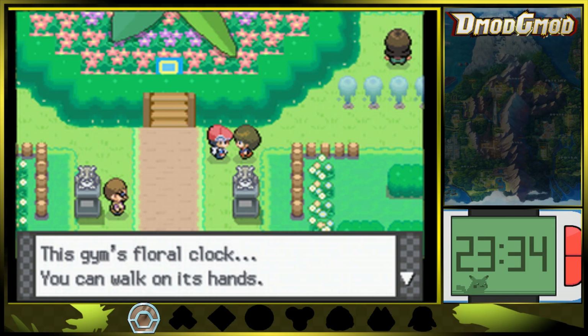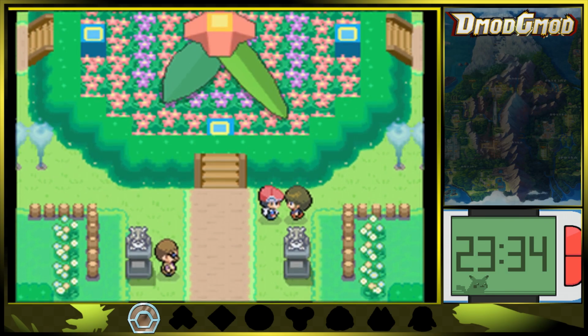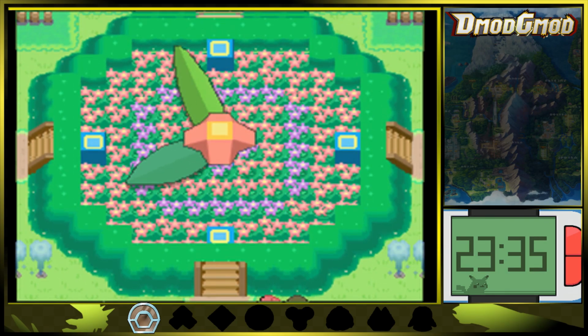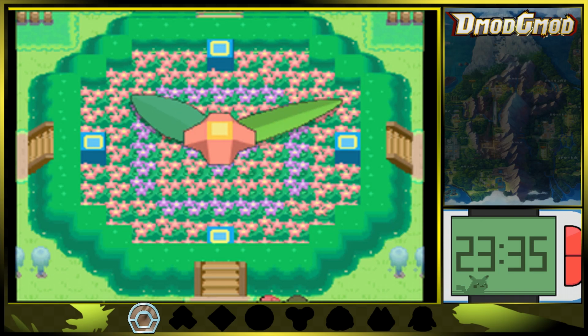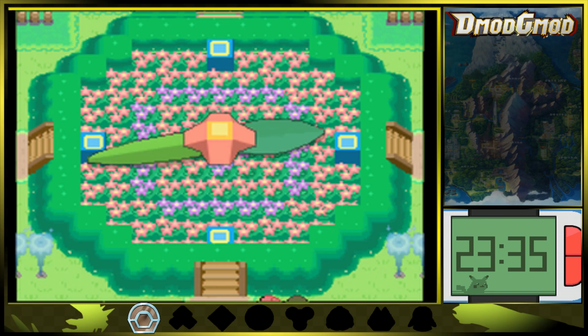The gym's floor is a clock. You can walk on its hands. That's how you get to the next trainer. So, as you can see, this gym's gimmick is that it's not really plant-based, but it has a plant aesthetic. Look at the clock go. Whoa, right past 12. And on to...